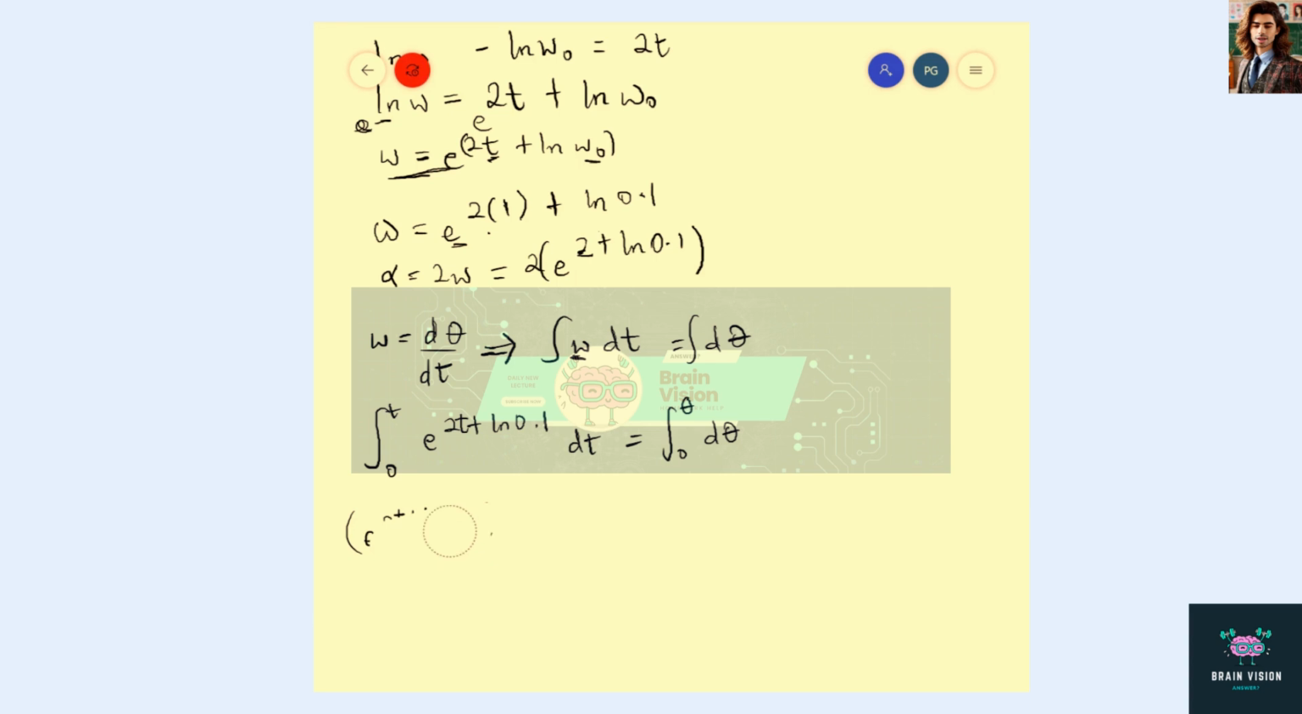And integrating this will give us 1/2 e raised to the power 2t plus ln 0.1, within constraints of 0 and t. This is equal to theta minus 0, which is theta. And this will be 1/2 e raised to the power 2 plus